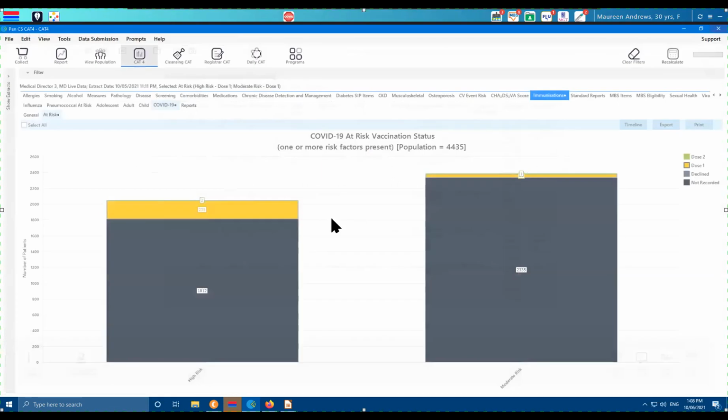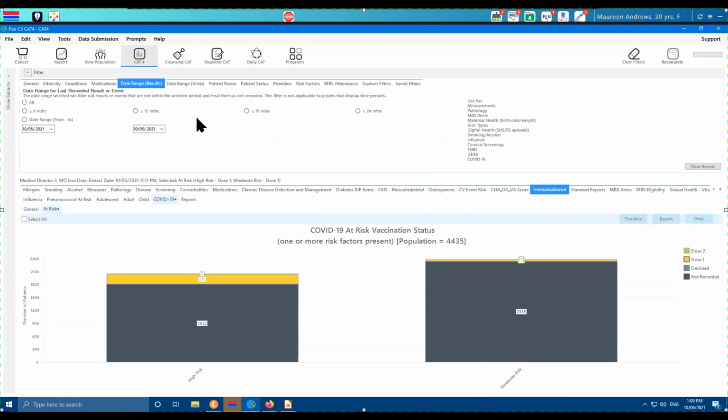And you can, of course, look at the AstraZeneca patients as well, because it's a 12-week distance there. So either you do what I just did by sorting them by date, or you can also use one of the filters. That's the date range result filter there. And you can see we got the date range here. My data is from the 10th of May.